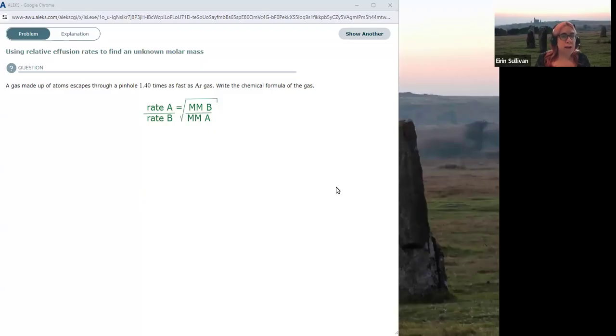Okay, this is Graham's law, using relative effusion rates to find an unknown molar mass. So what's happening here is it's comparing the rate of our unknown gas, which we're going to call A, we don't know what that is, to a gas that we know, which is going to be B. And in this case, B is argon. So we've luckily been given the rate of the speed of escape of gas A compared to gas B, which in this case is going to be